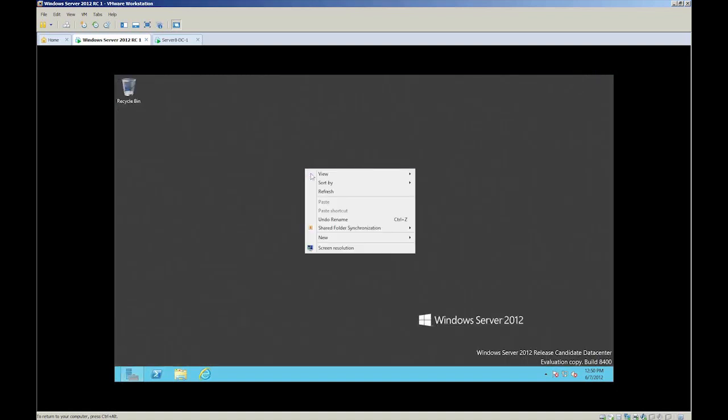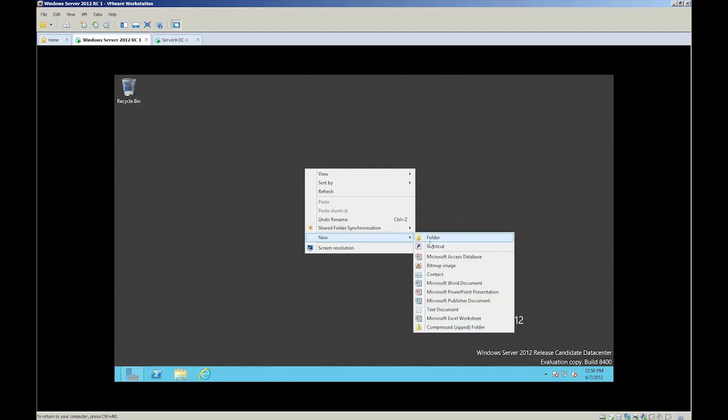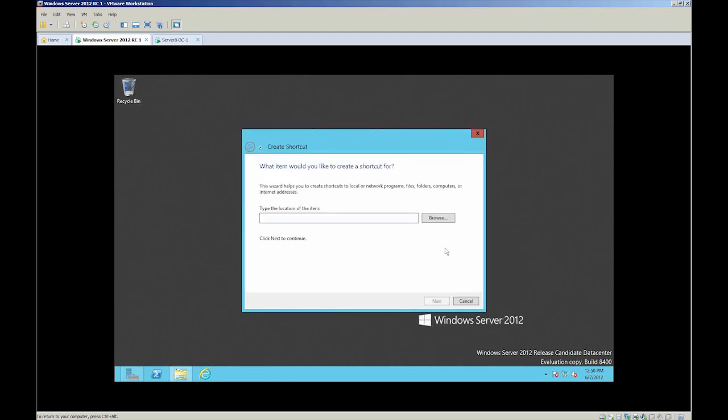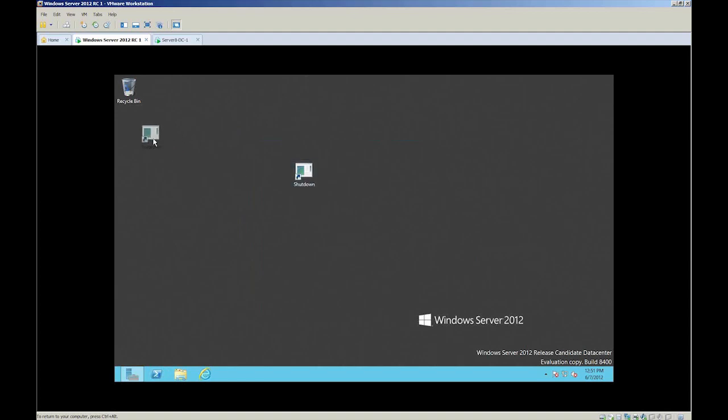I'm going to right-click on the desktop and create a new shortcut. And for this shortcut, I'm going to put in the shutdown command. Shutdown. And for an actual shutdown, you do /S, and I'm going to do a time of 5 seconds. So it's shutdown /S /T, space, and then 5. Next, we'll call this Shutdown. I'll capitalize the S. I like it that way. And click Finish. Now I have Shutdown.